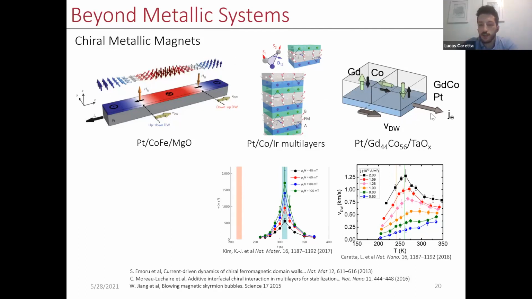In fact, if you look at this, there are two very faint lines that you see here, and I didn't label them. This peach, orange, brownish line is the magnetic compensation, and this green line is the angular momentum compensation. So actually, the magnetization has no effect on the dynamics. It's not in the equation at all. It all has to do with the angular momentum. So the dynamics are only fast when the angular momentum is compensated.